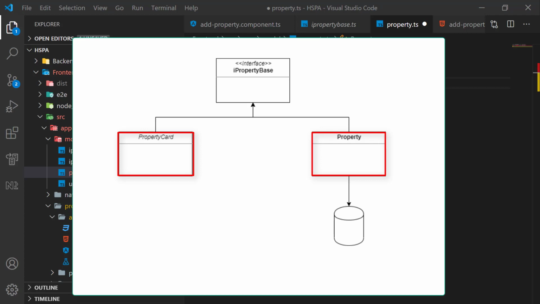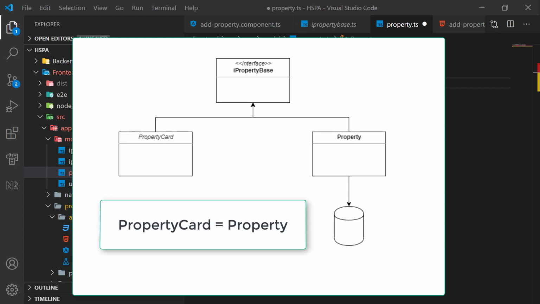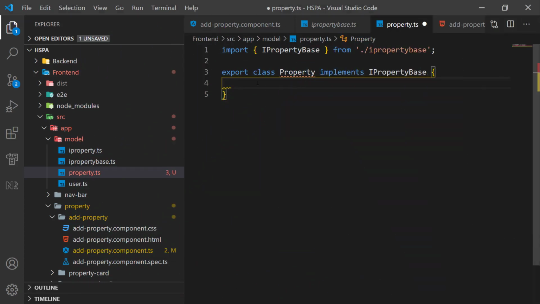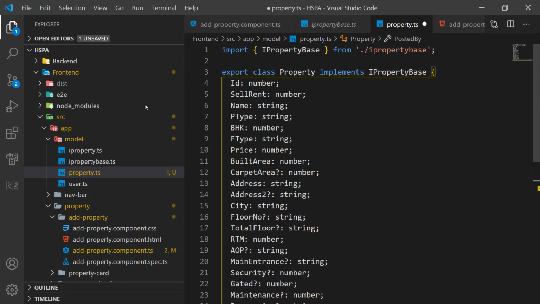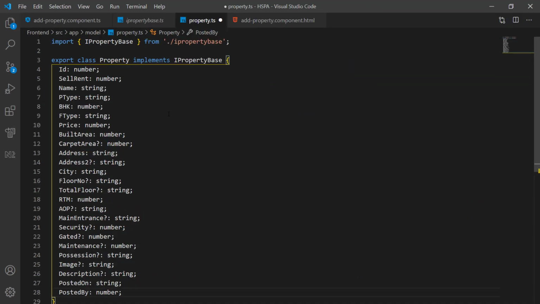This is something called polymorphism, where we can assign one type of object to another type of object if both implement the same interface. Let me copy all the fields we need to store in the database here in this class.